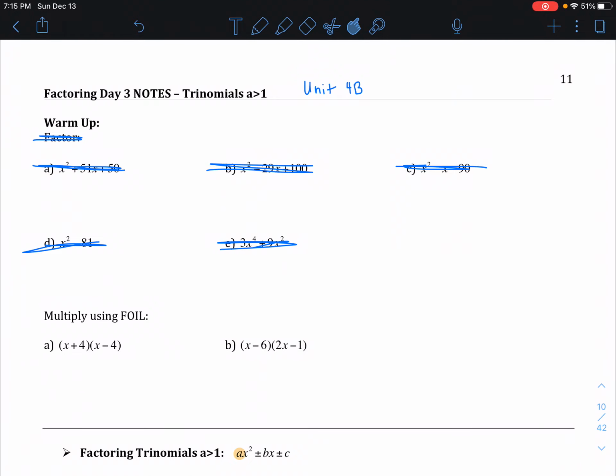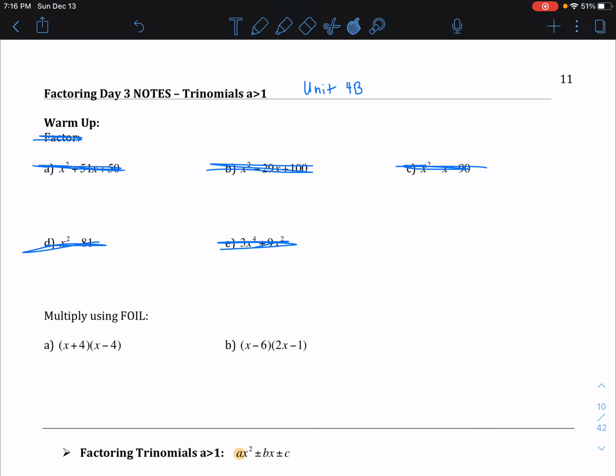Okay guys, welcome back to Unit 4B. We're on page 11 of the packet. We're going to be factoring trinomials again today, but this time it's going to get a little bit more difficult. We're going to factor trinomials where the a is a number greater than 1, also known as a is not